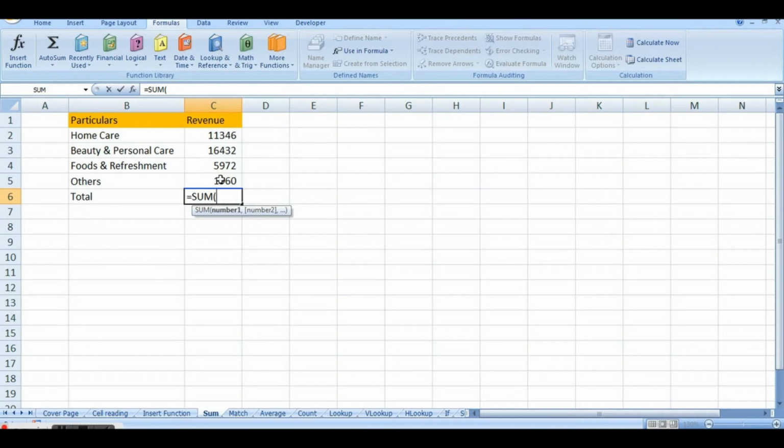So here if we want to make the total of revenue column, all the values given in the revenue column, you can select them either one by one by putting a comma in between like this and close the bracket to find this answer. Or, as all the numbers are in sequence, you can simply drag them. I'm sorry, forgot to put the bracket. So simply drag them, bracket close, same answer.